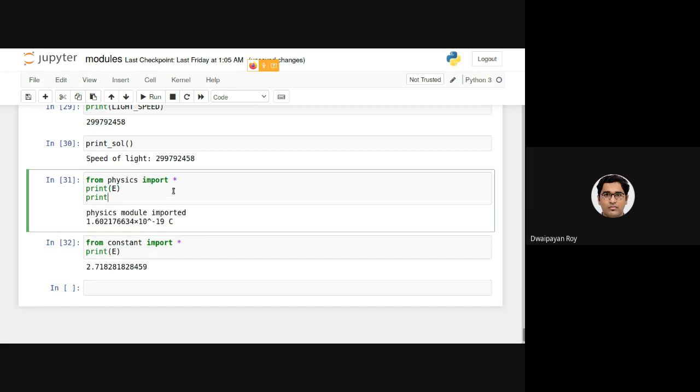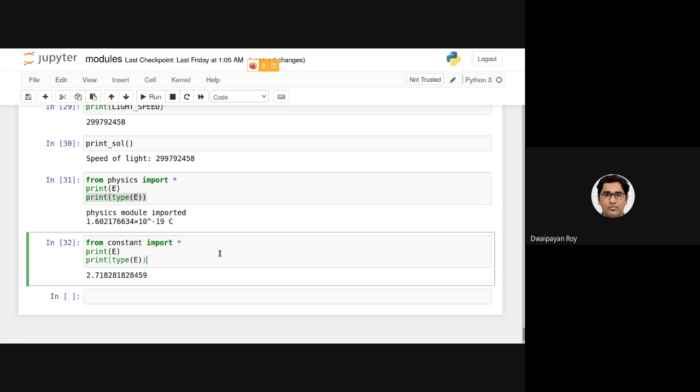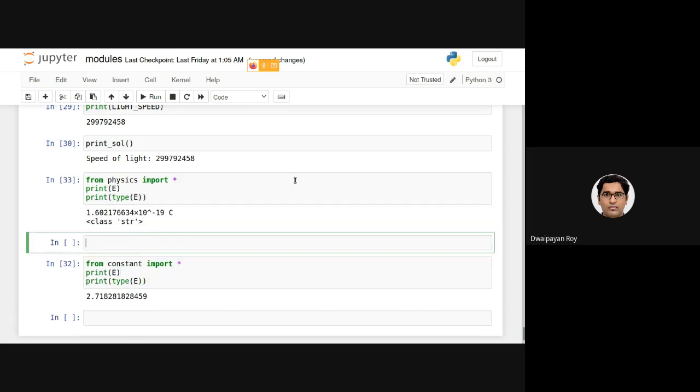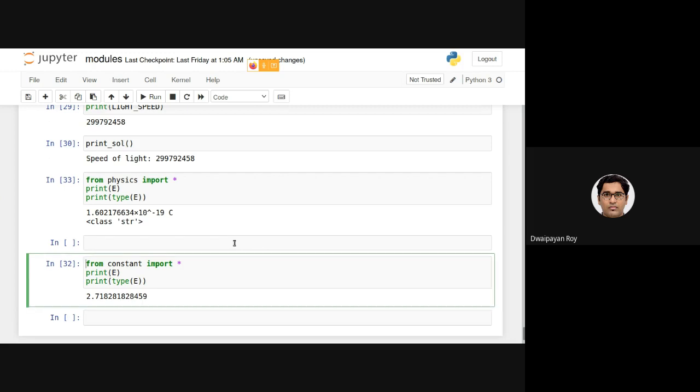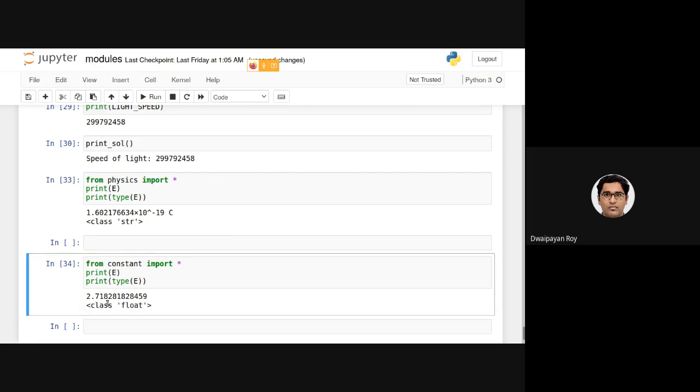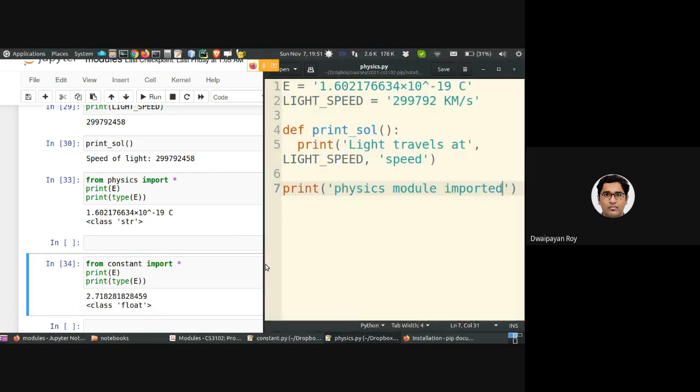Earlier, the type of e was a string, but now the type of e is a numerical value, a float. As you can see, it is a float. So the point is the latest one will be persisting, and the earlier one will be overwritten.